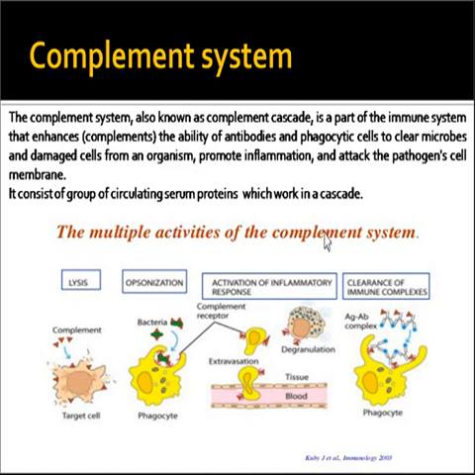So its multiple activities are in these forms. First is lysis, whereby this red colored region includes the complement proteins, which when activated directly attach to the target cell surface and kill them. Second is opsonization, whereby these activated proteins attach to the surface of bacteria, and because of this attachment of opsonins, or so-called complement proteins, it becomes easily recognizable to the phagocytes, and they then attach to it and kill it.